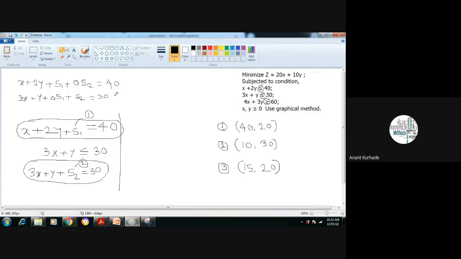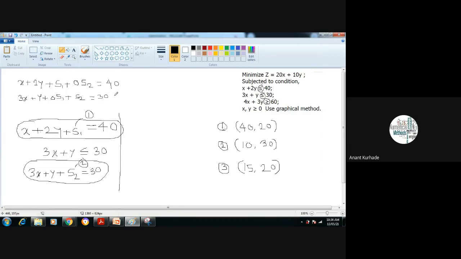That means what we have done till now for the simplex method: just focus on the constraint and its inequality sign. If the inequality sign is less than or equal to, then you have to think about only slack variables. And if the constraint is greater than or equal to, then you have to think about two, slack and artificial. Remember. Here it is less than, so always think about slack variables.